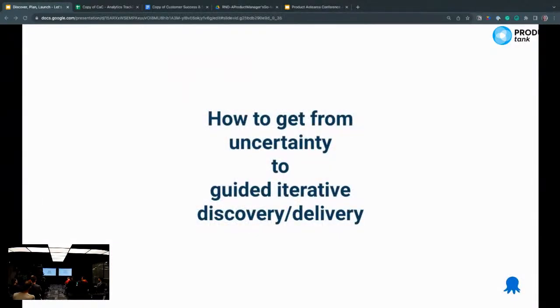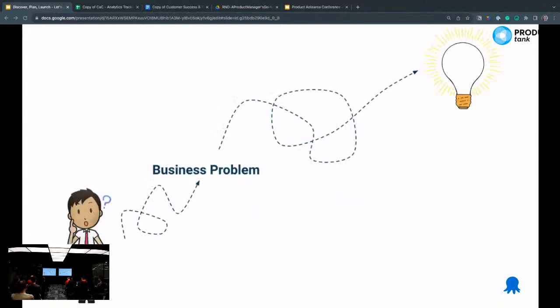So hopefully in 10 minutes, I can share my experience from my current job, how to get from uncertainty to a guided iterative process, and how to make it a little bit more confident. I mean, probably you can't promise much here anyway. So,